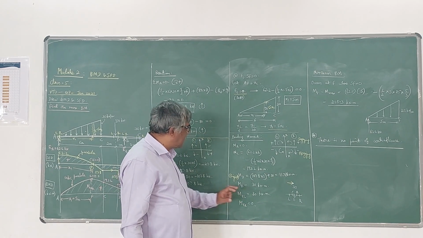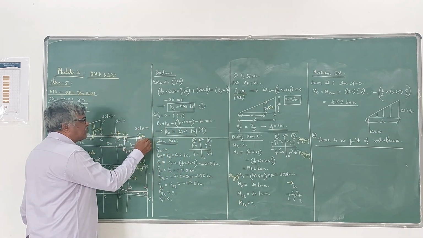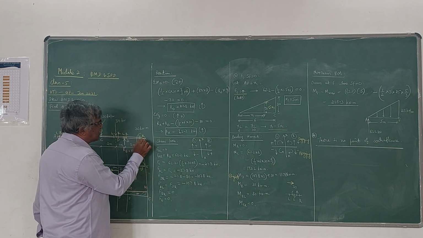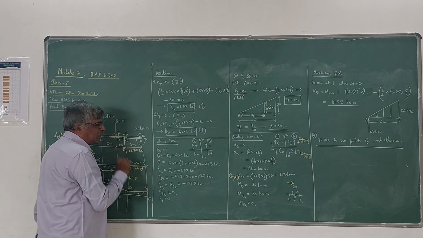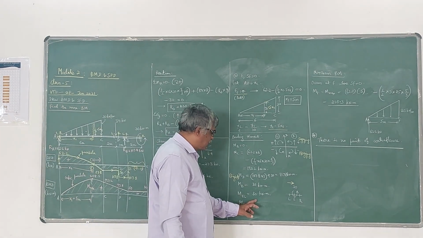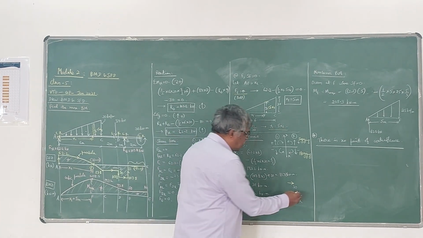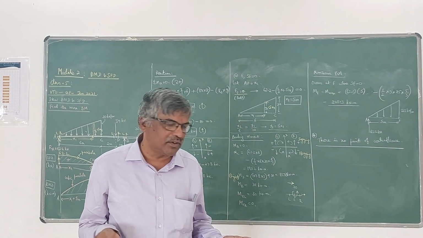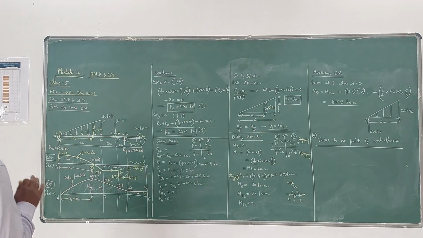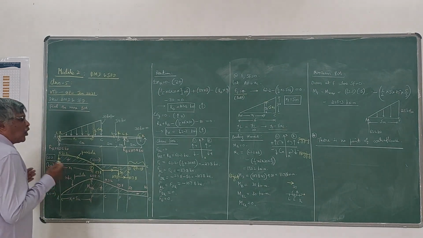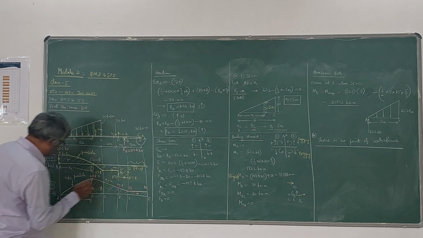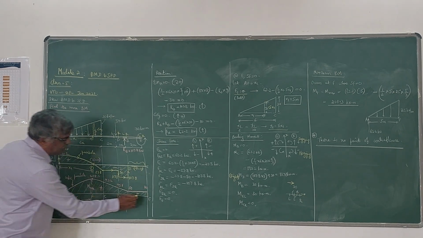Then MEL, because an external moment is given here, it has two values of bending moment: one is MEL, one is MER. This MEL is the same as MB, which is 30 only, whereas for MER, if you see the right side of E, nothing is there, therefore it is 0. The last value is 0, that means your bending moment diagram, like the shear force diagram, should close. So it will start from this point and end at this point. Here also, it will start from this point and end at this point.